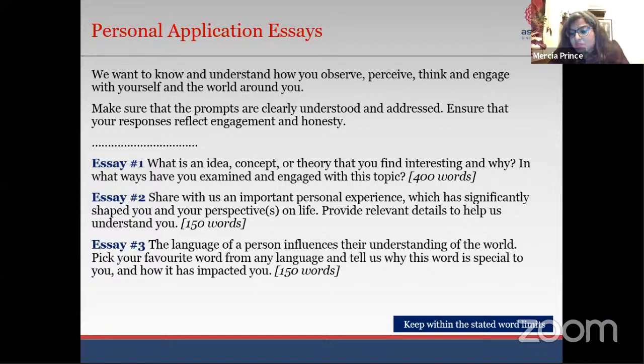The second one is very personal. And this is probably the only space in the application form where you can really share a very personal experience, right? Something that's a part of you or something you have experienced or faced or observed. It could be anything, but something that has really significantly shaped you and your perspective on life. So, of course, provide relevant details to help us understand you. But this is a place where you can feel free to really talk about yourself and about your own personal sort of